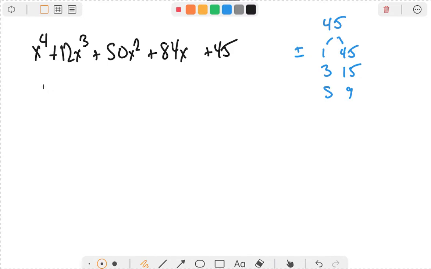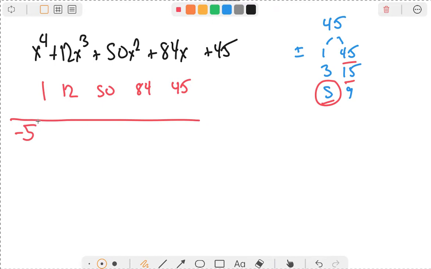Okay, when I go through this, 1, 12, 50, 84, 45, I'm going to look and say, hey, to get 45, I've got to have 5, 15, or 45. So I'm going to start with my 5s. I'm guessing, since everything's positive, negative looks good. So my first guess is going to be negative 5. Let's see what that does. So I'll go 1, negative 5,